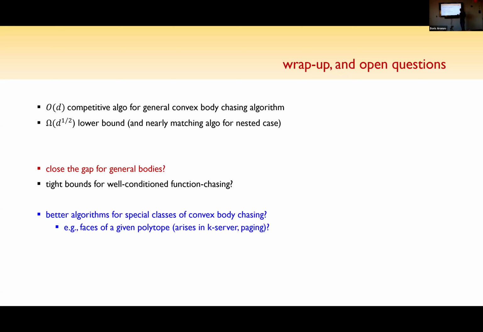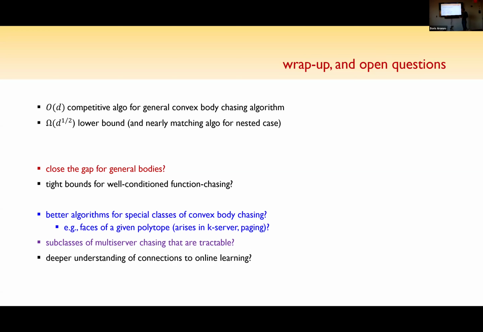What if I give you a polytope, and at every point in time I'll tell you, oh, I'll only give you a facet of this polytope. You have to move to that facet, that facet, that facet. Fixed body, just different facets. Can you do that? Don't know how to do these things. Some of these things I haven't spent too much time on. It might be interesting. I mean, it is definitely interesting. It might be easy. Yeah. And some of these ideas have connections to online learning. So those of you who are interested in online learning, there are some connections, but not fleshed out.